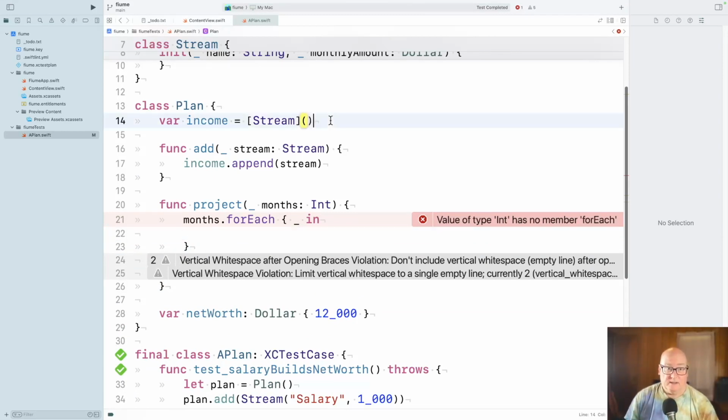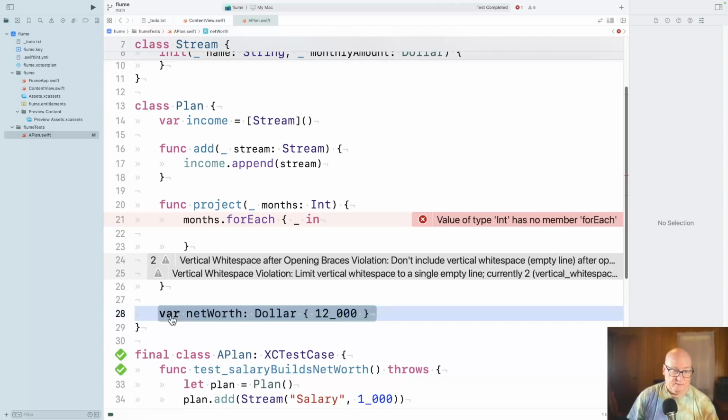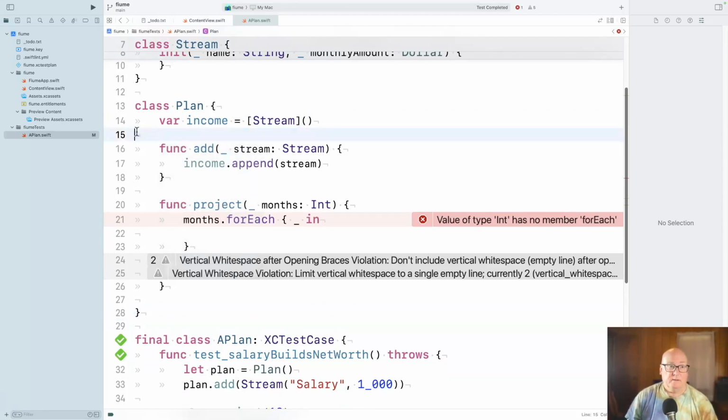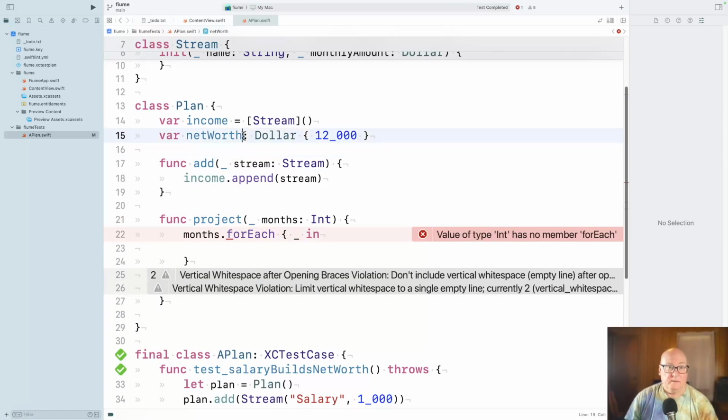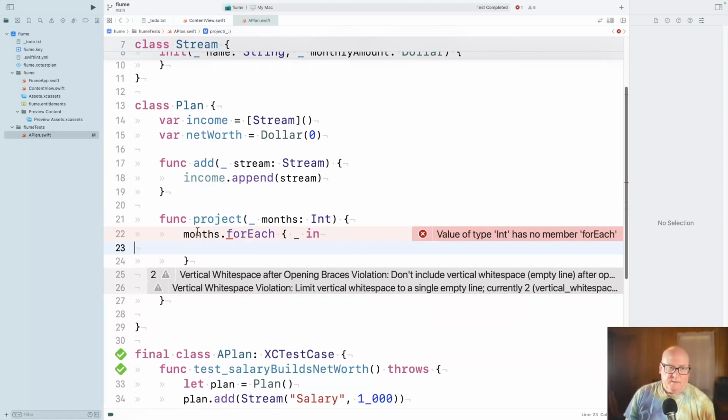So, is this just a variable? Oh, I thought I had a way to iterate over those. Okay.